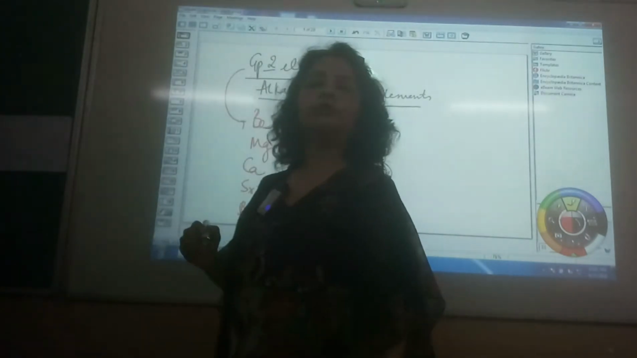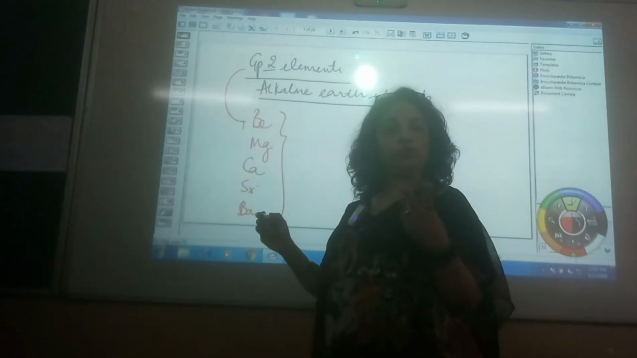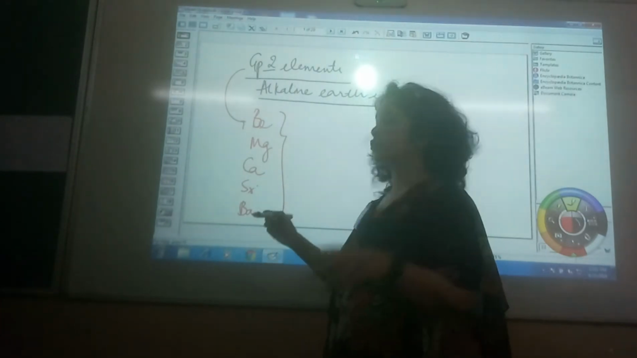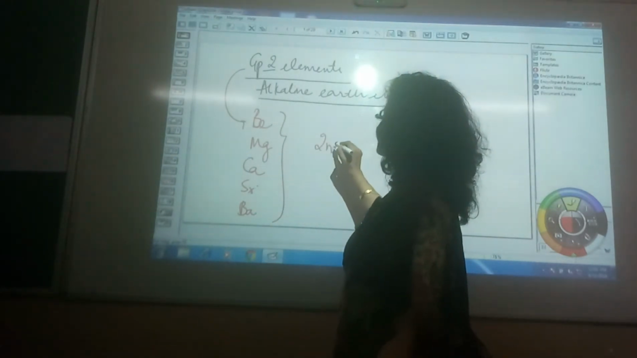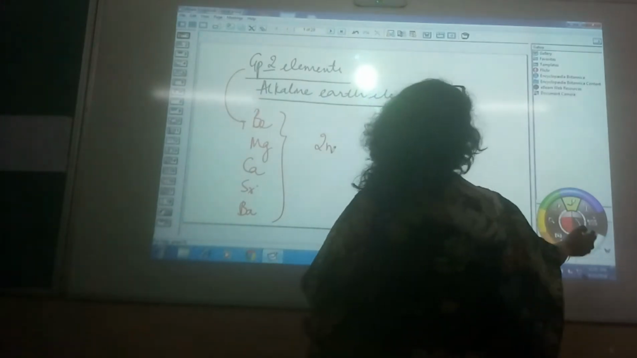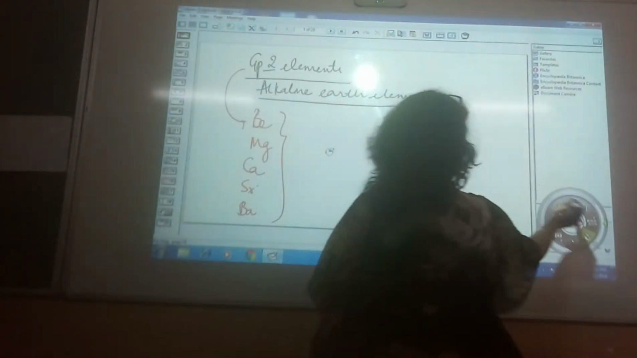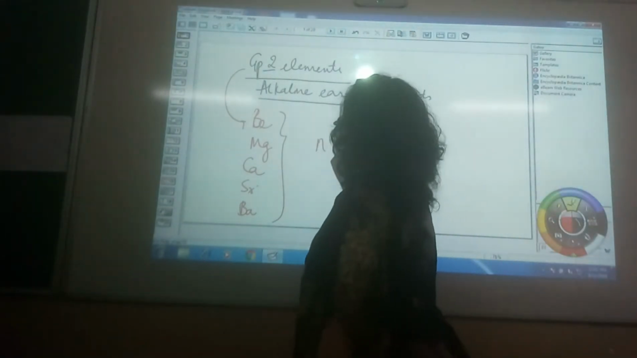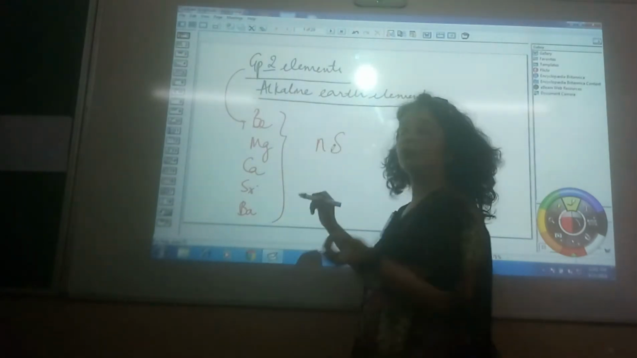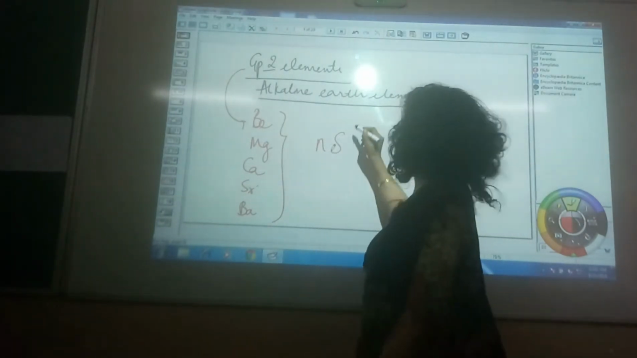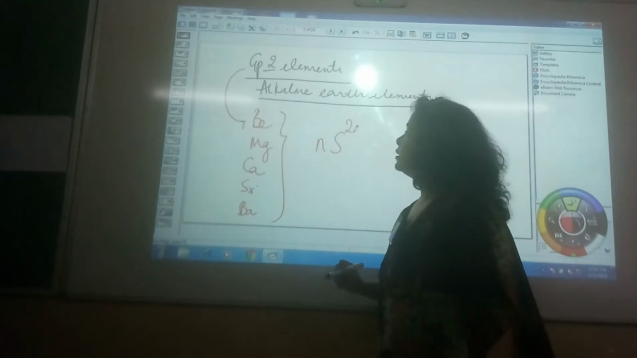The specificity of these elements is that their outermost shell has got only 2 electrons. That is, the configuration is ns2. That is, you would have a maximum of 2 electrons in the outermost shell, and the outermost subshell would be the S subshell. So there are 2 electrons. Moving ahead,